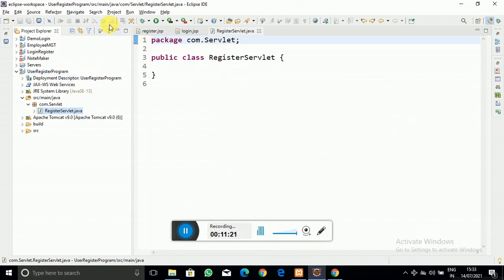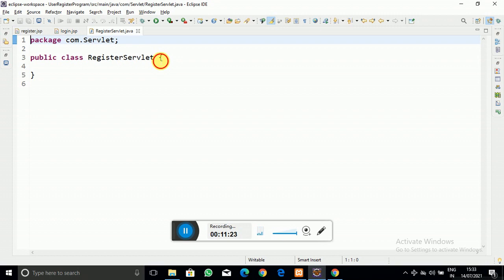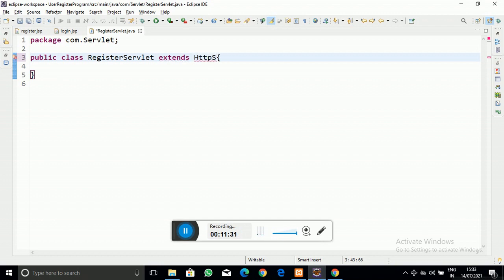So now here you have to write the code for the servlet. The class which we have given extends HttpServlet, and there are methods like the get and post methods.